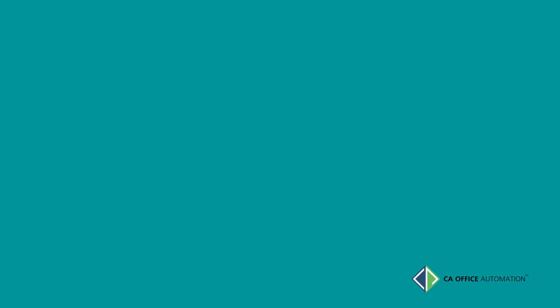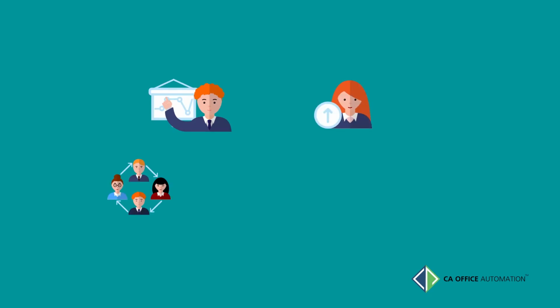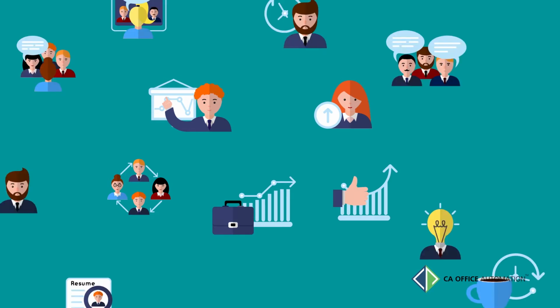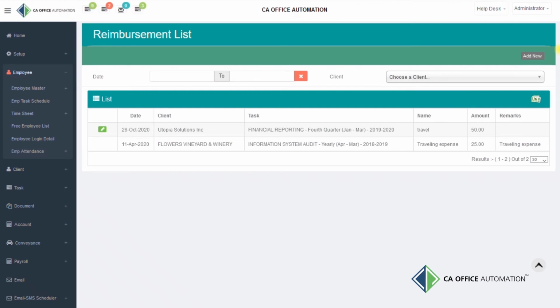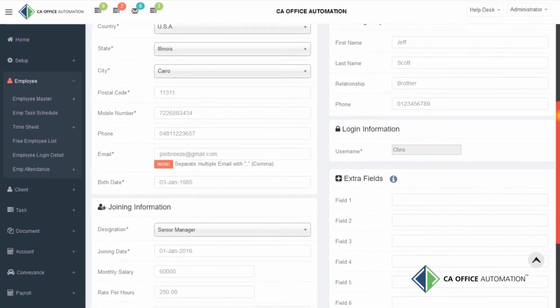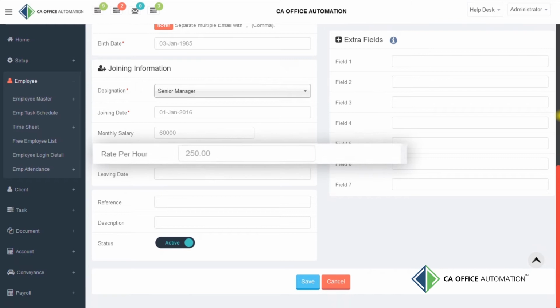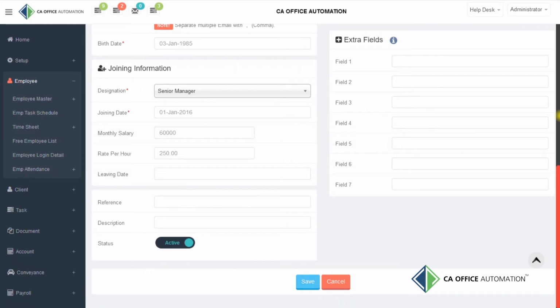Here, you can manage employee work assignment, designation, hierarchy, costing, salary and reports with many aspects. In this, under the Employee Master tab, in Employee Master, there is one field named Rate per hour. Here, you can enter per hour costing to the company for a particular employee. And by using this field data, the software will calculate all margin and cost of each task.